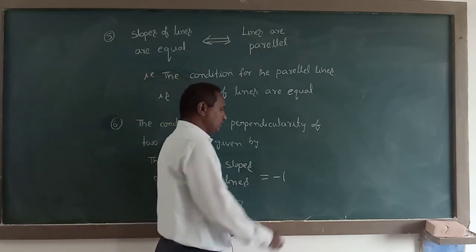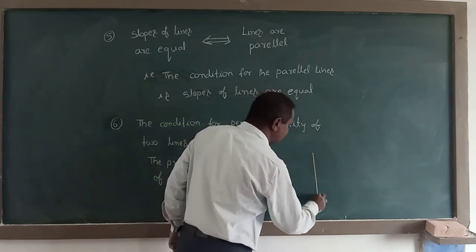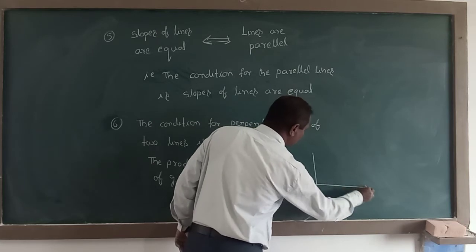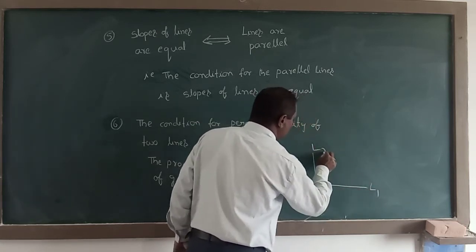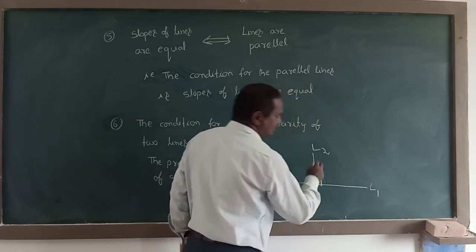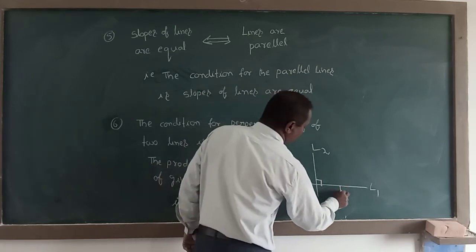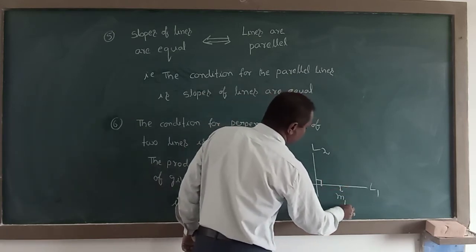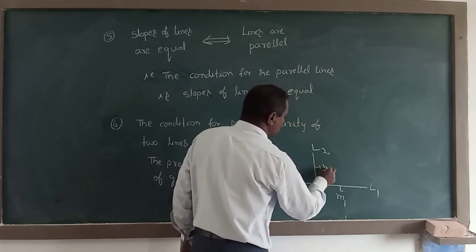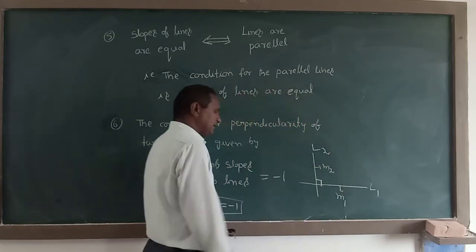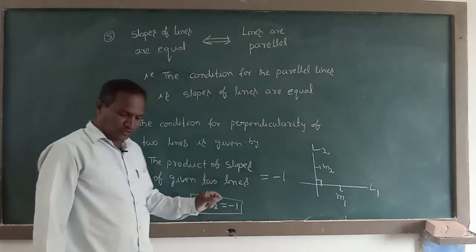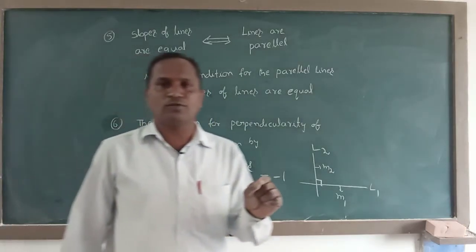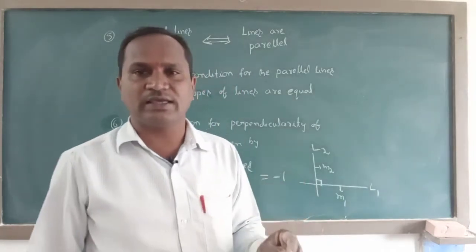When you are seeing perpendicular lines like this, this is L1, and otherwise you can take this as L1 and this as L2, and these two are perpendicular. M1 is the slope of the first line and M2 is the slope of the second line. When they are perpendicular to each other, definitely the product of slopes of those two lines is always equal